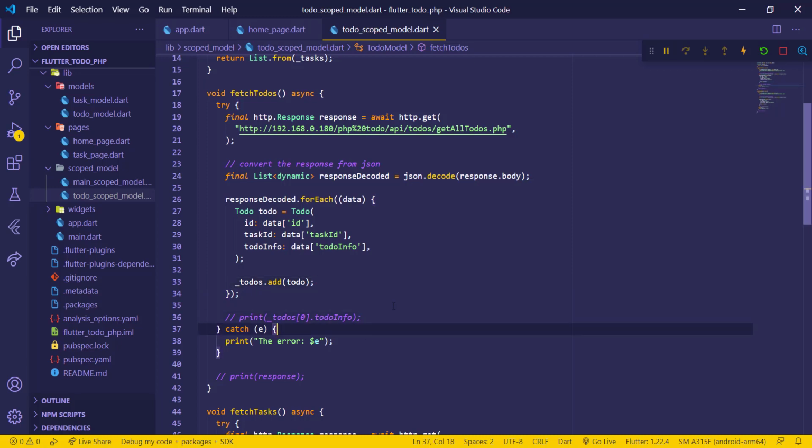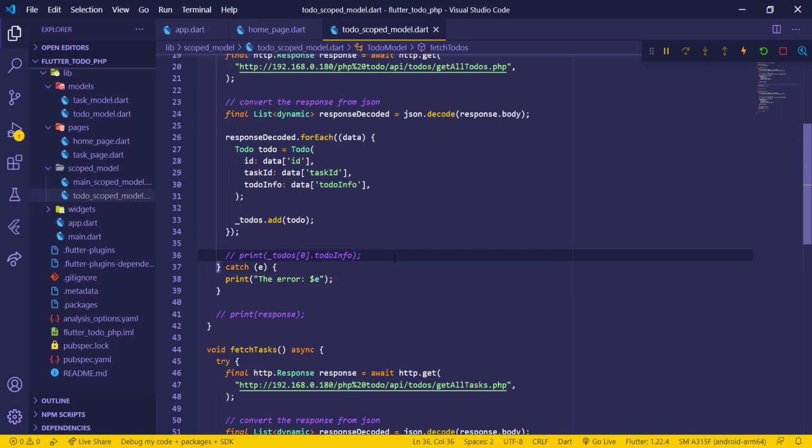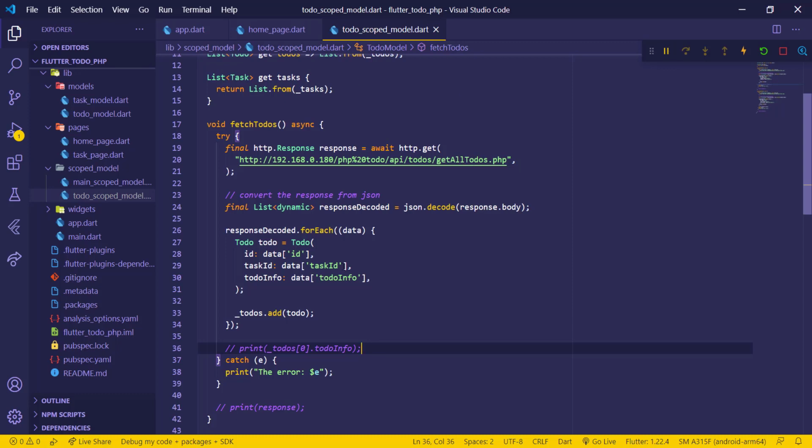Okay, and the thing that we have to do is, when we use a scope model in our app, there is a method that we always have to call, which is known as notify listeners. So you can think of notify listeners as a set state. Something like a set state where it will refresh by itself. So when we call notify listeners, it will rebuild the